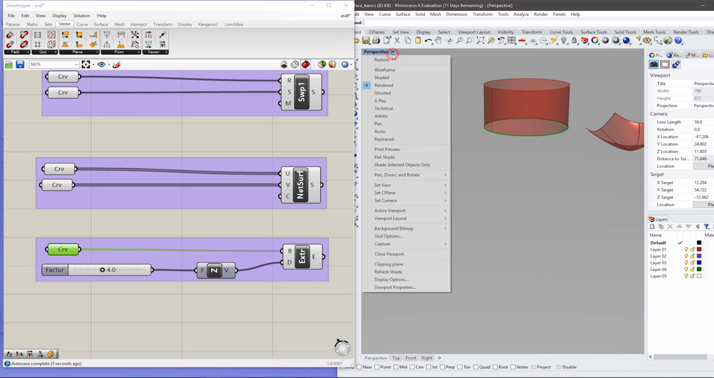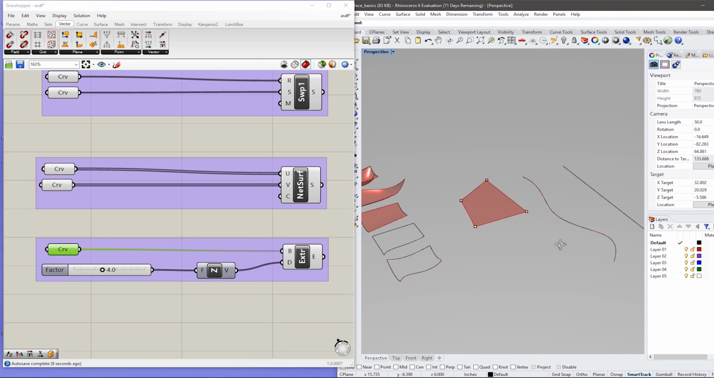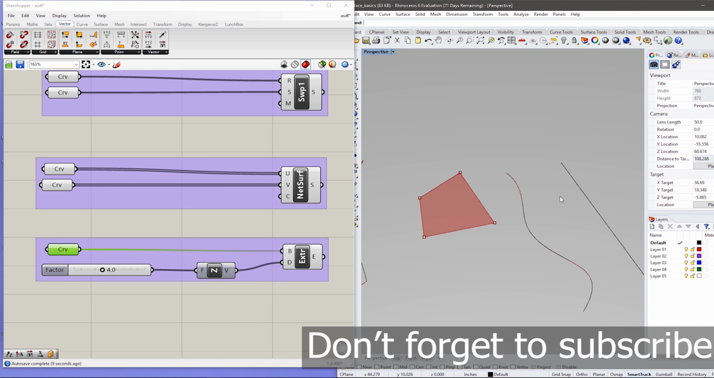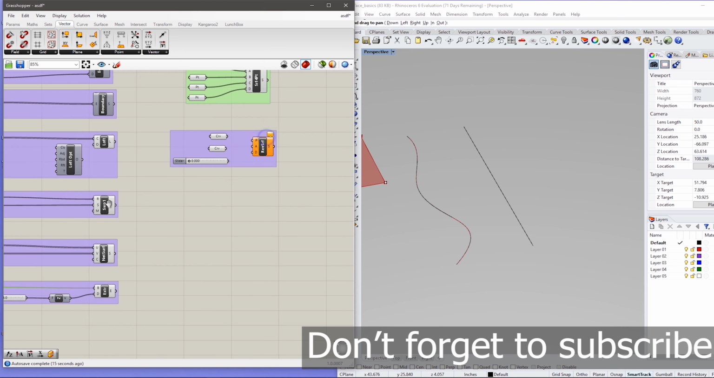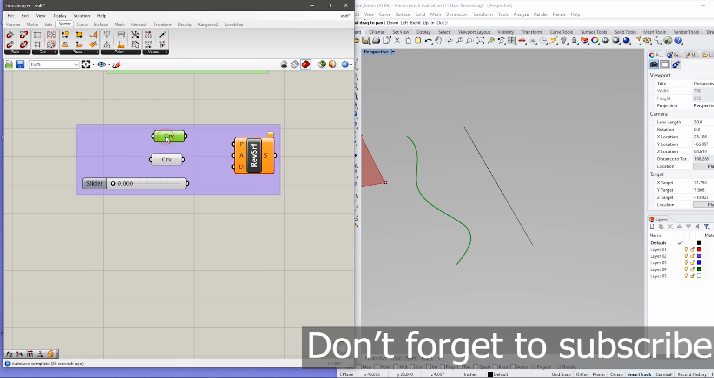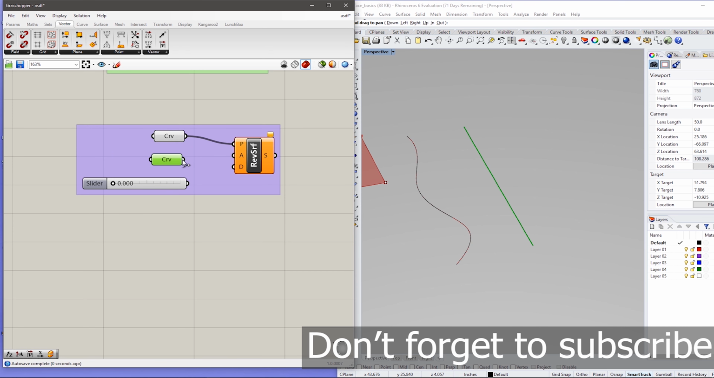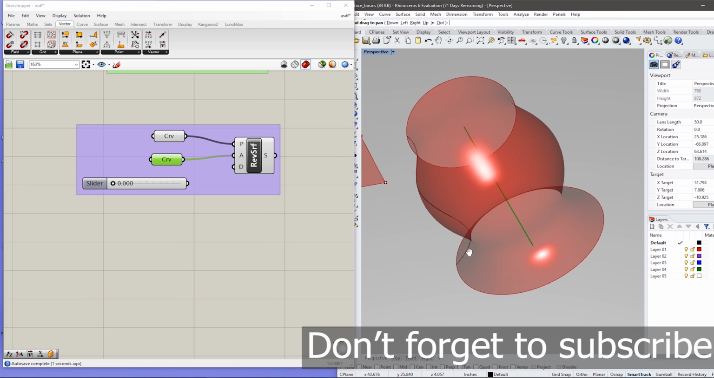The last one is quite interesting. You will like it. The last one is a revolve. Let me tell you what it is. In revolve, we take a curve and we take an axis, and we rotate around it. So the first, this is our profile, and this is our axis. Let me connect it. So you can see